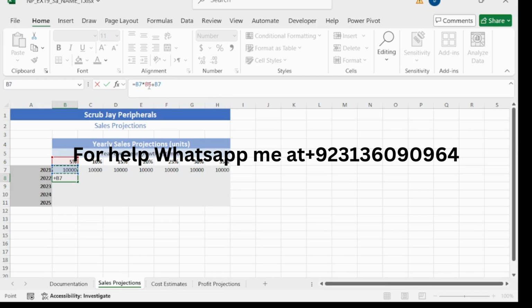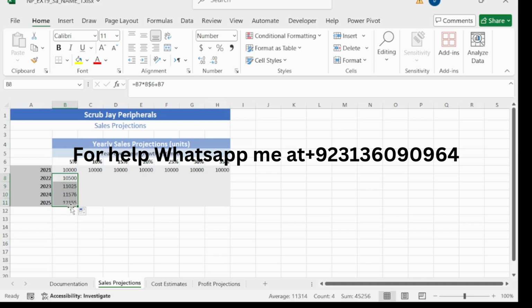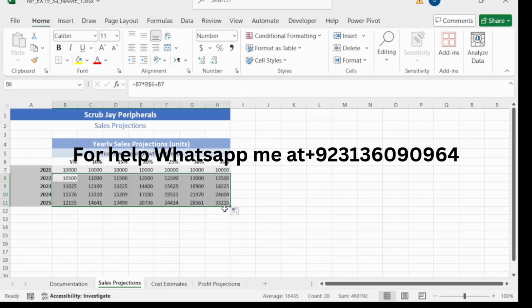So in B6 use a $ sign for absolute reference and then press enter and then copy the formula from cell B8 to B11. So copy this to B11 like this and then B8 to B11 to range C8 to H11. So like this. So we have completed our fourth step here,